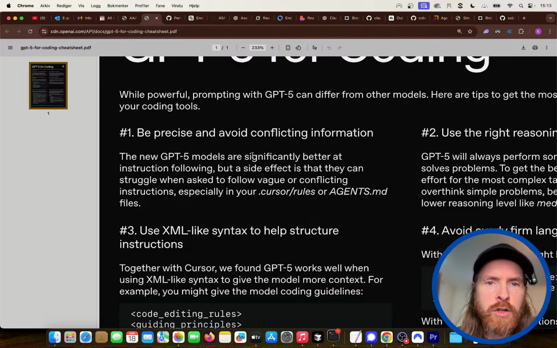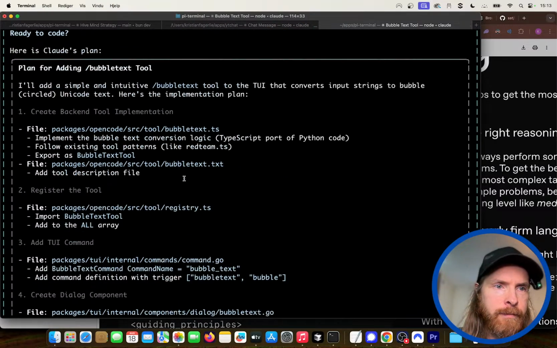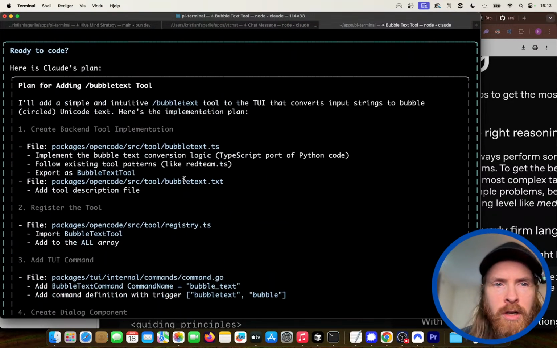So that's kind of their first point: be precise and avoid conflicting information. Yeah, it could be easy, like if you have a big system prompt or a big input prompt, that maybe you give some conflicting information. So I'm just gonna go through the